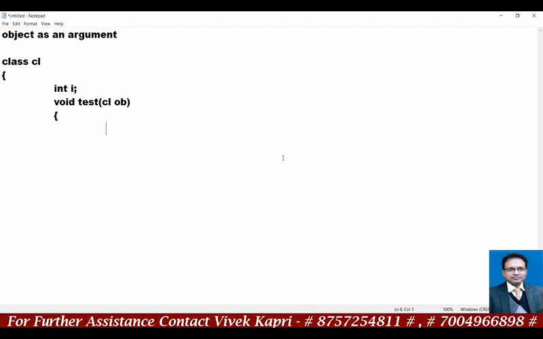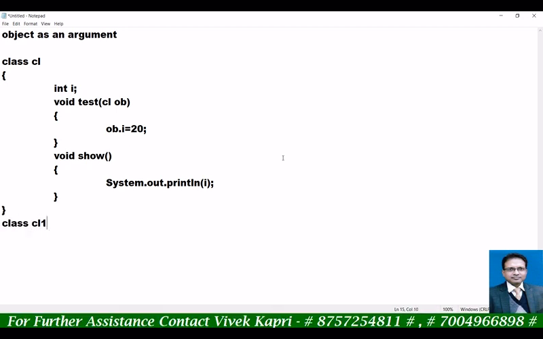Here ob.i equal to 20. Then a void show function with System.out.println(i).